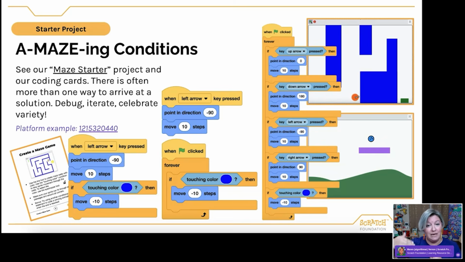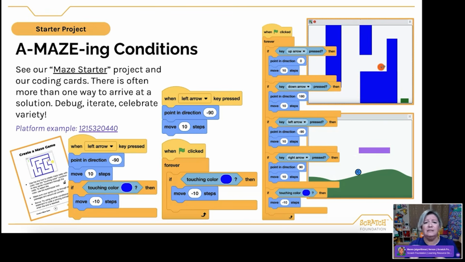Platformer games tend to be a very leveled up experience, right? It can be challenging to make those, but also mazes themselves could be leveled up by trying to figure out different formations to create that your character needs to move around. Maybe effects at the end, like if they solve so many mazes, they win, or reaching a certain point in the maze triggers something, or you build in other roadblocks that your sprite may encounter. So I love this as an example of a type of project where you can start pretty basic, but then you can add definitely opportunities to level up for those students who are ready for more of a challenge.